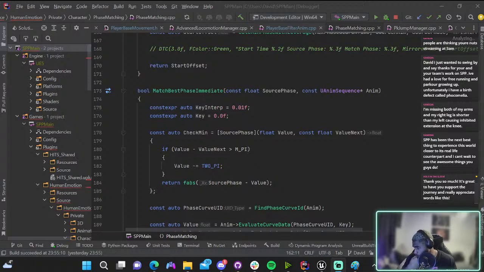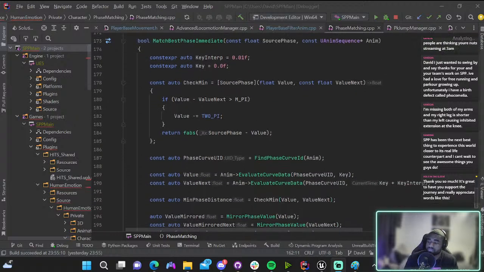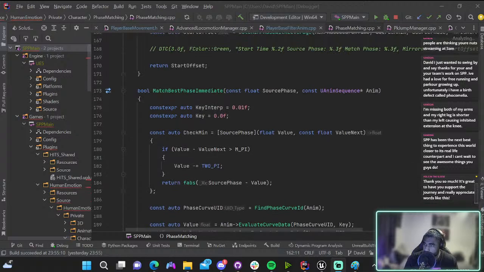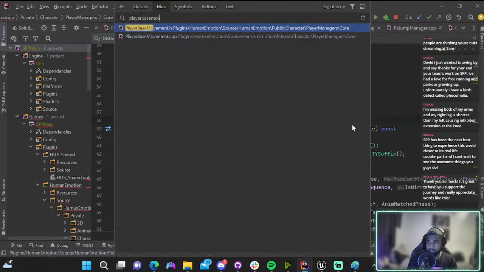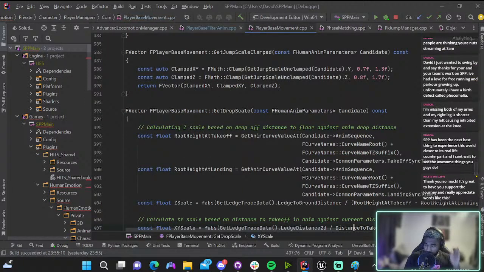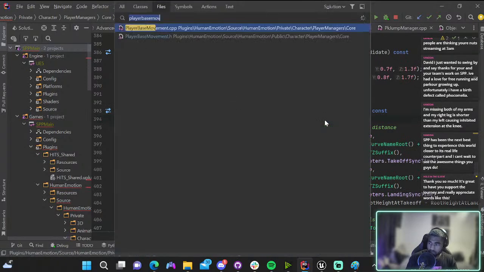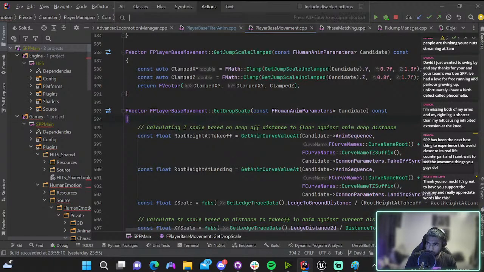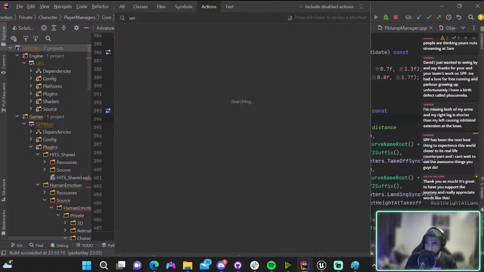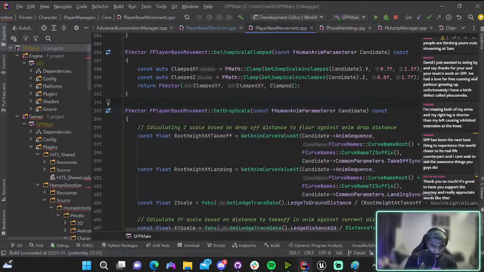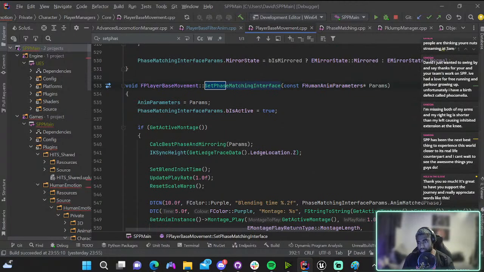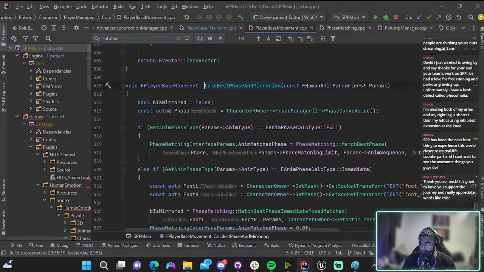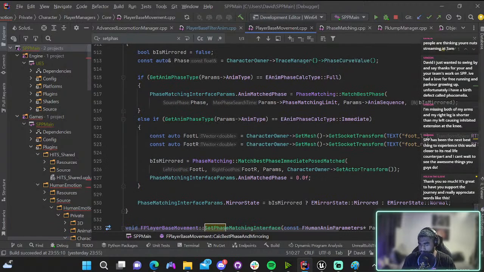Okay, so if you go player base movement, set phase matching interface, calc best phase and mirroring. In there you will see that we, see line 515, basically replace that with